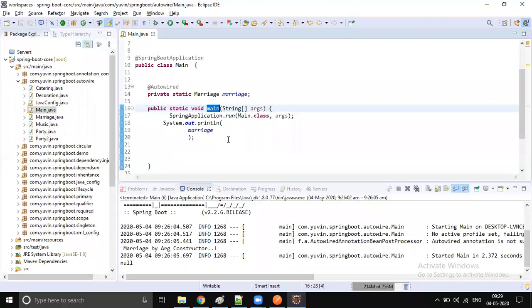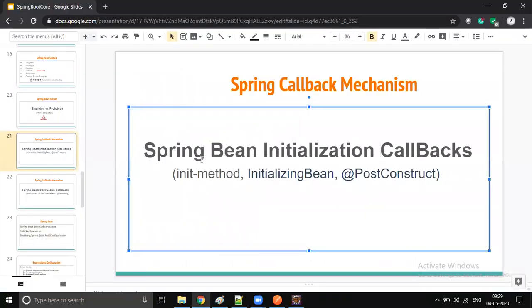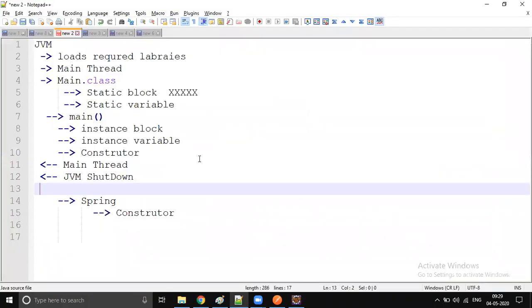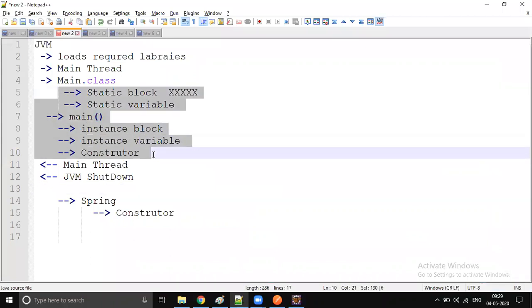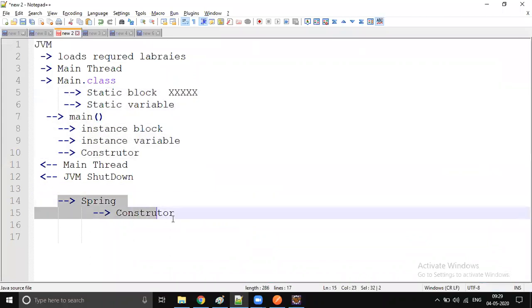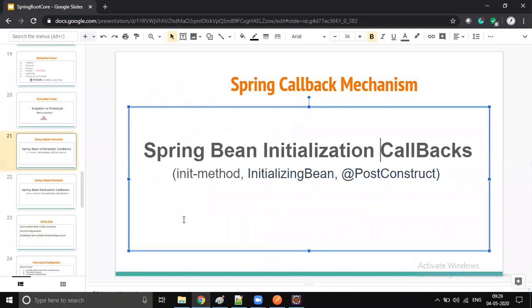So you just configure that. You don't need to call that method. Spring itself will call that method as part of the lifecycle. So we understood that all these concepts which exist till now are not going to guarantee that the method will execute only after my container and bean creation.